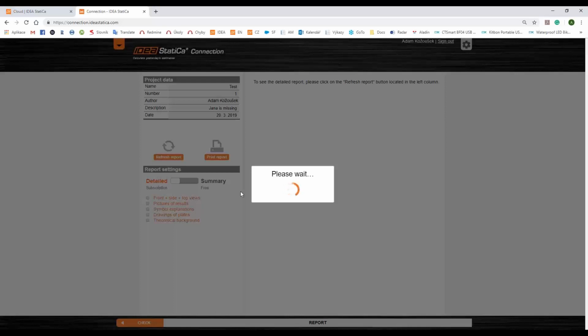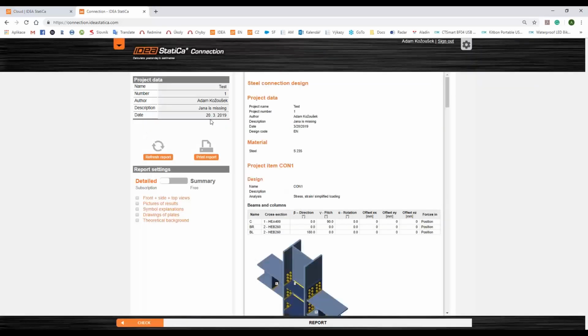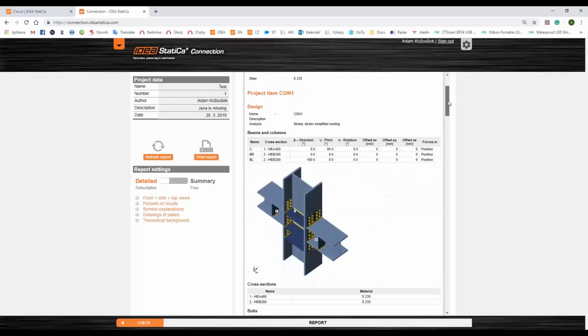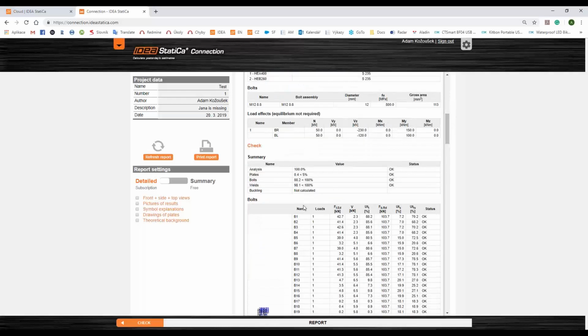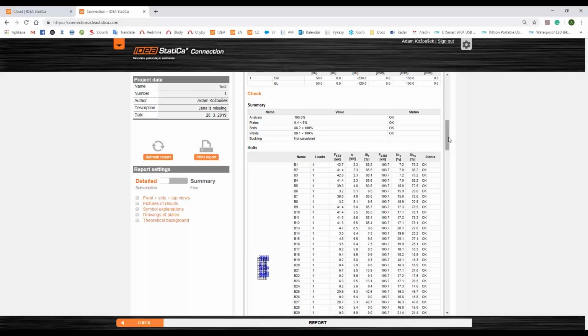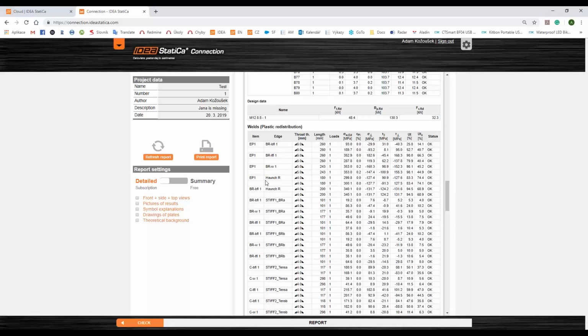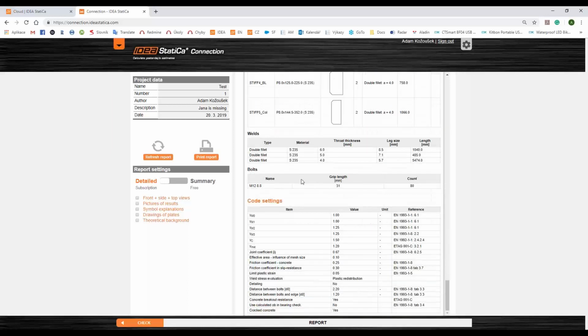And we'll see exactly the same report with all the details, pictures, all the code checks, all the values, everything there. Yeah, and then we can of course add some more stuff if you like, theoretical background, drawings, etc. And then refresh. And how to get that or to send anybody,